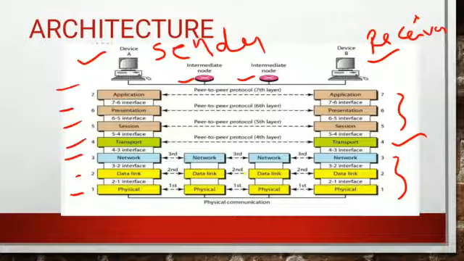That's why, to send the data from the sender device to the receiver device, it follows so many steps. So it crosses 7 different layers by using the OSI reference model. In the next video we will see what the functionalities are, and what protocols are used in each and every layer.